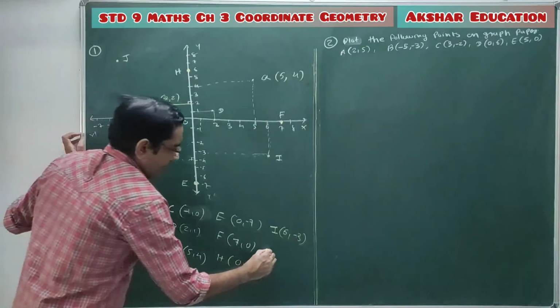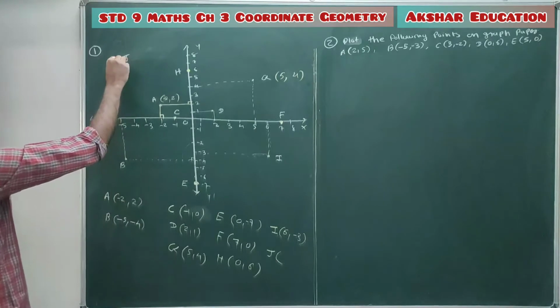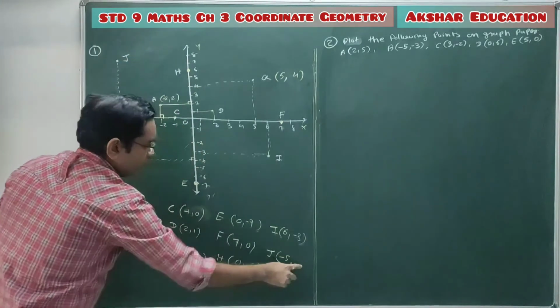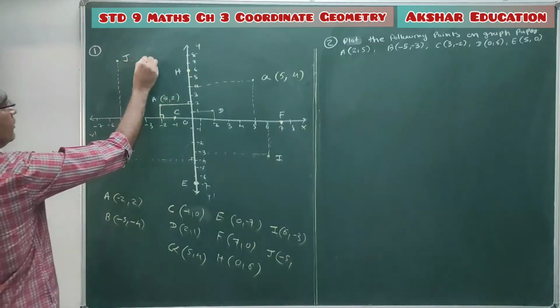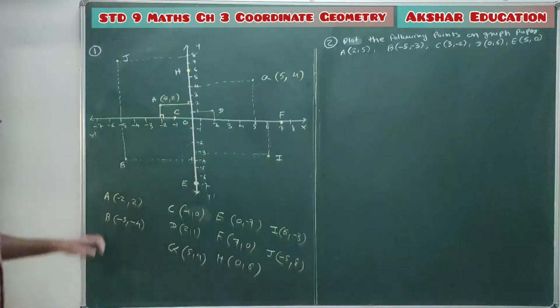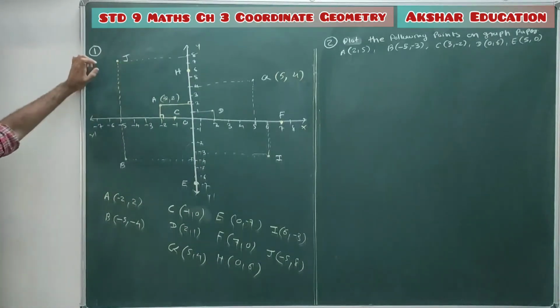Now for coordinates of the J, so x coordinate you do the perpendicular on x axis, so it's -5. Now for the y coordinate you do the perpendicular on y axis, which is 8. Clear students? So this is how you will find the coordinates of the given points on a graph by simply